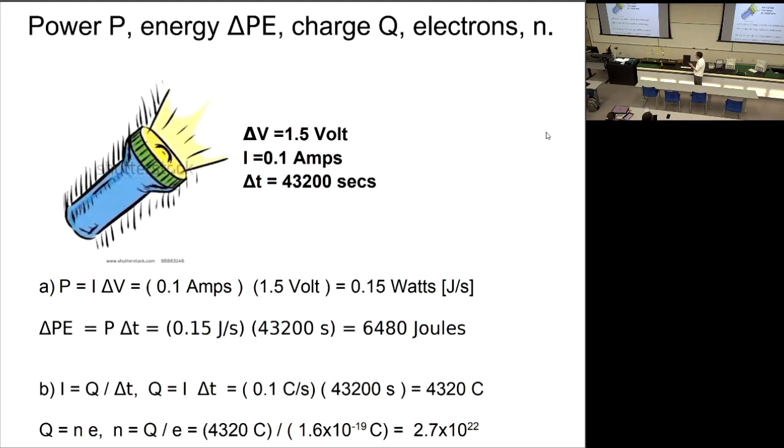Finally, if I want the number of electrons, this is the relationship: the charge that flowed is the number of electrons multiplied by the charge of a single electron. We know the charge that flowed, and we know the charge of an electron. If I take one and divide it by the other, that gives me how many electrons went round the circuit. About 10 to the 22. An enormous number of electrons were pushed around that circuit. Okay, I'm going to finish there. Today's class was all about electrical current, about how we understand